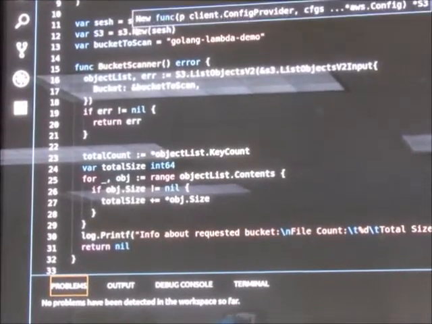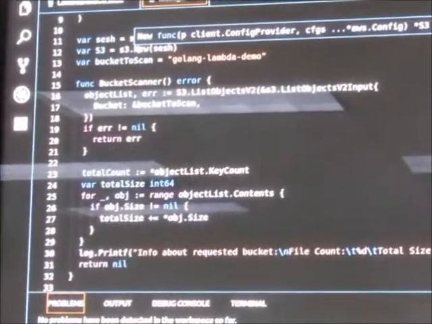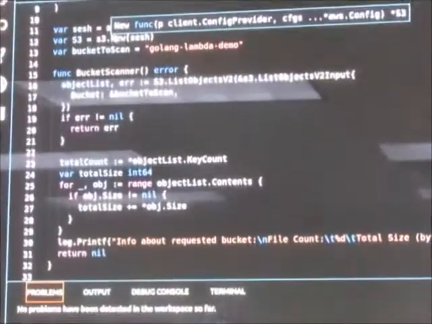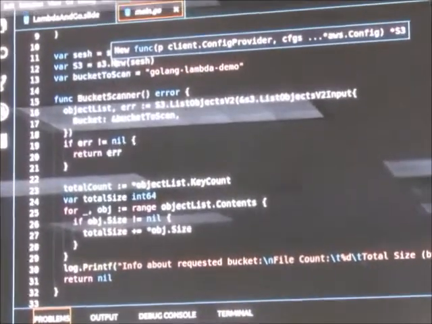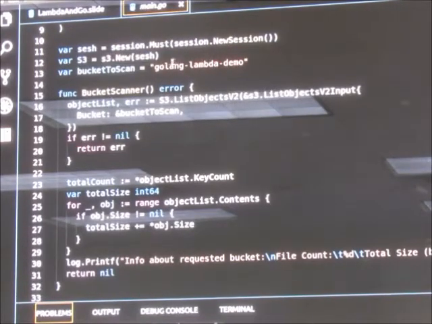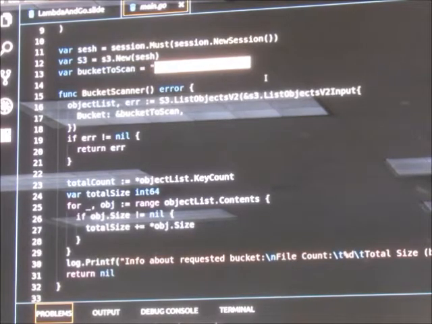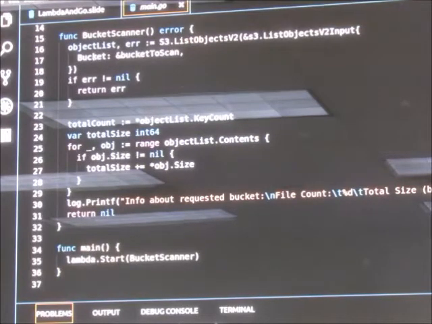With Lambda, your functions run using an AWS role, so you shouldn't even need to worry about the API keys and can just call this function without setting it up at all. And then I store a string which is the name of the bucket I'm going to scan. And I call the S3 list objects v2, grab these objects back, scan through them, add them up. Very simple.